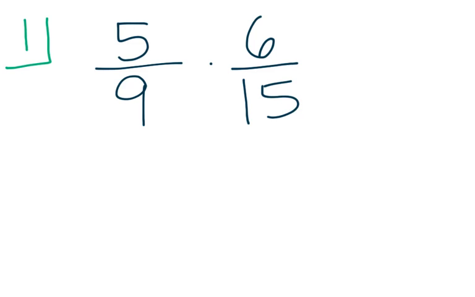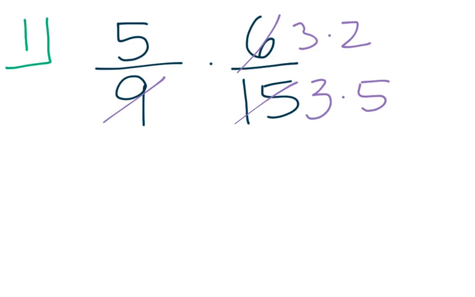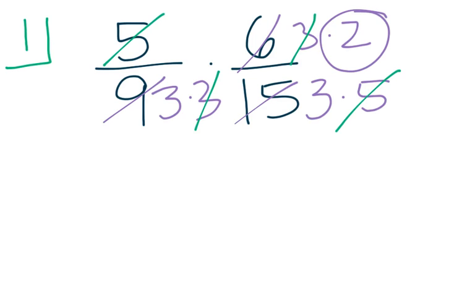So this 6 we can rewrite as 3 times 2. This 15 we can rewrite as 3 times 5. And this 9 we can rewrite as 3 times 3. And then we can cancel out like terms on top and bottom. For example, we have a 3 and a 3 on the top, and we also have a 5 and a 5. So now what we have is just a 2 on the top, so we're going to say 2 over,